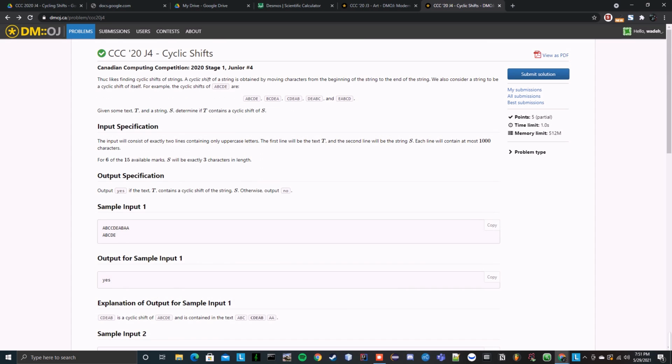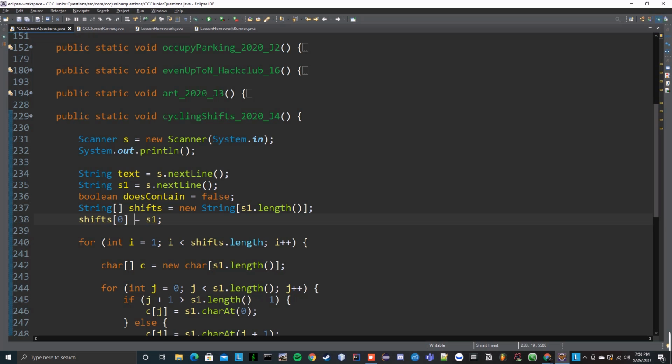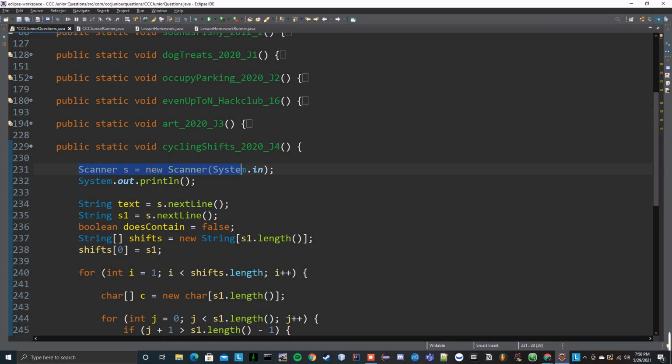So now that we understand the problem, let's see the actual code. All right, so looking at the code, the first thing that we have is a scanner object. We print out a line to get the input, and we say this string text is going to be s.nextLine. So that's going to be the text that we're going to check whether or not any of the cycling shifts of S1 are present. Then we have our actual string, which I called S1, is going to be that string that has all the cycling shifts. And then we have this boolean doesContain, and we're going to set that to false, and it'll come into play later on. Next, we have this string array called shifts, and we're giving it the length of the length